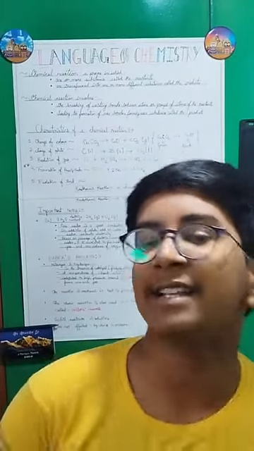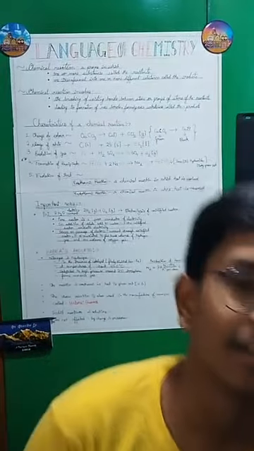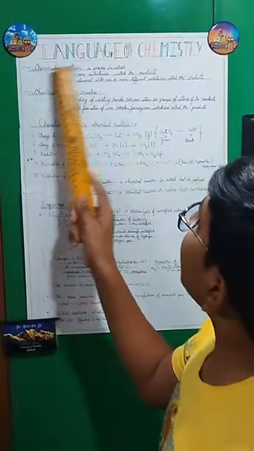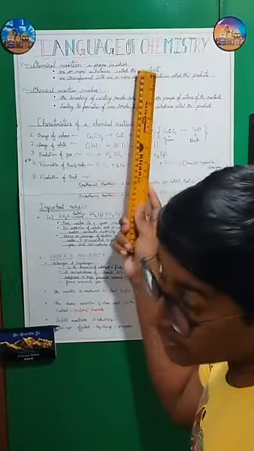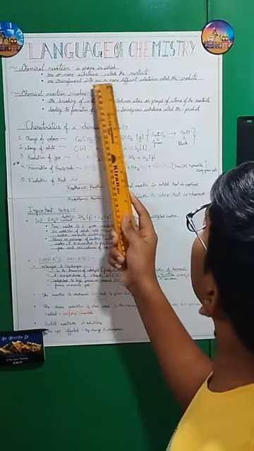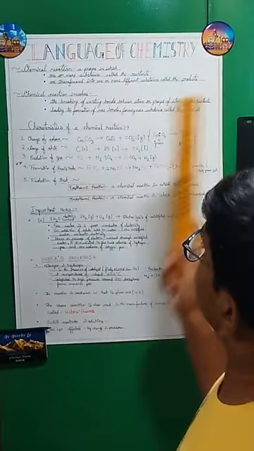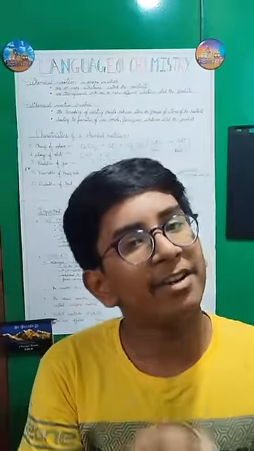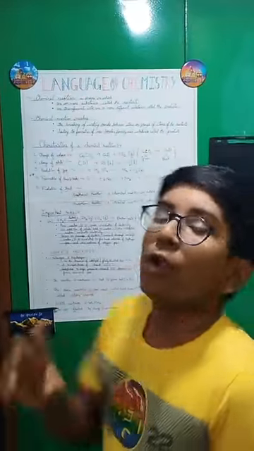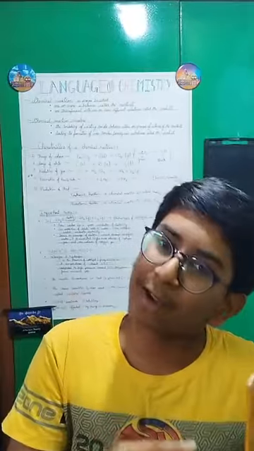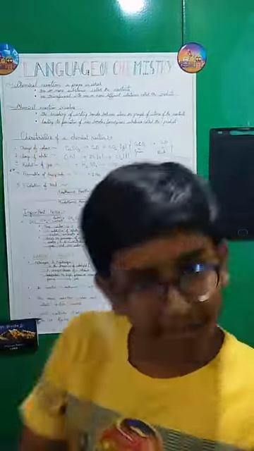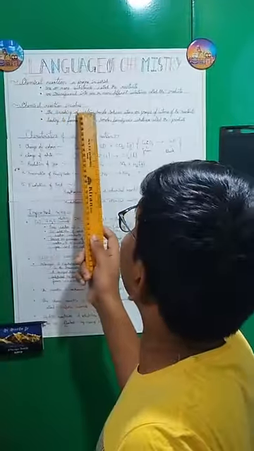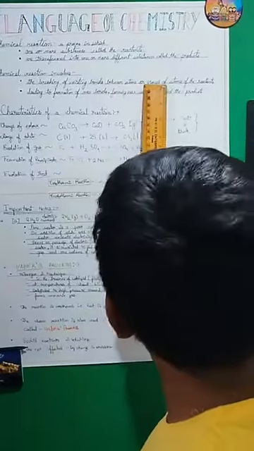So we have to first understand what a chemical reaction is. A chemical reaction is the process in which one or more substances called the reactants are transformed into one or more different substances called the products. So here, a chemical reaction is one in which two substances are mixed together and they form a new substance called a product. In a chemical reaction, it involves the breaking of existing bonds between two atoms or groups of